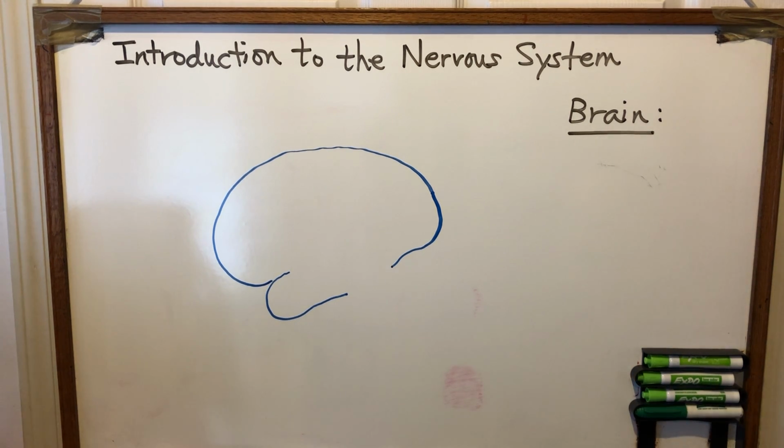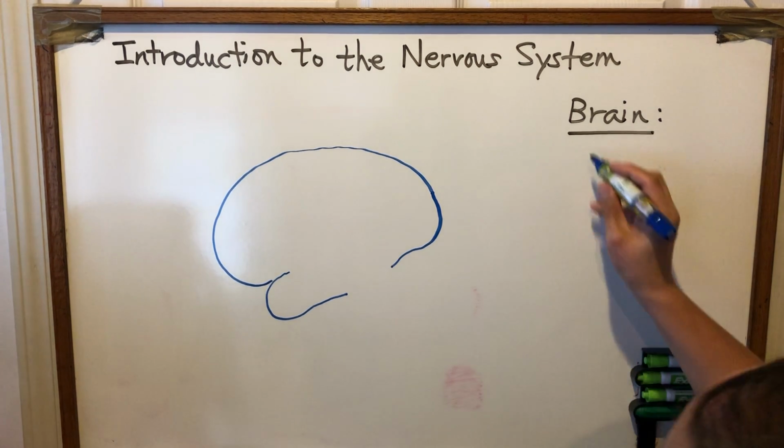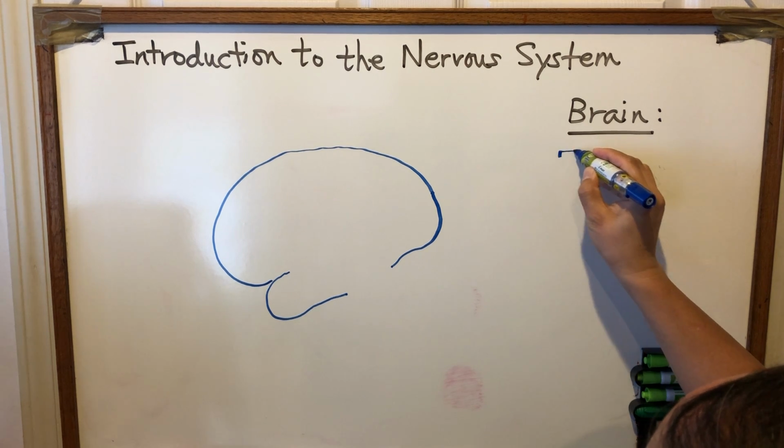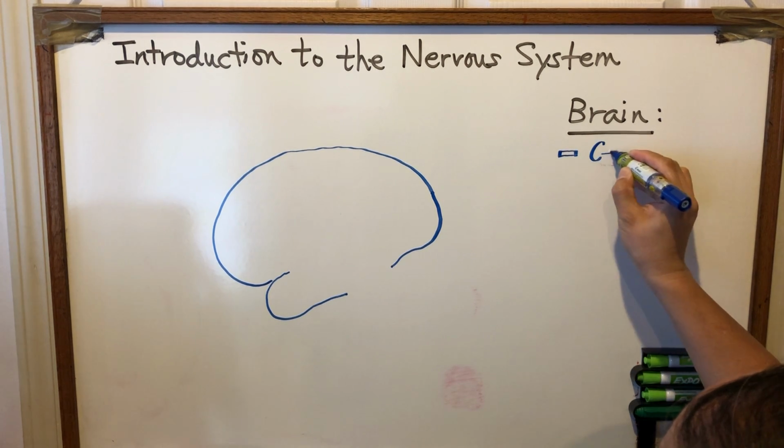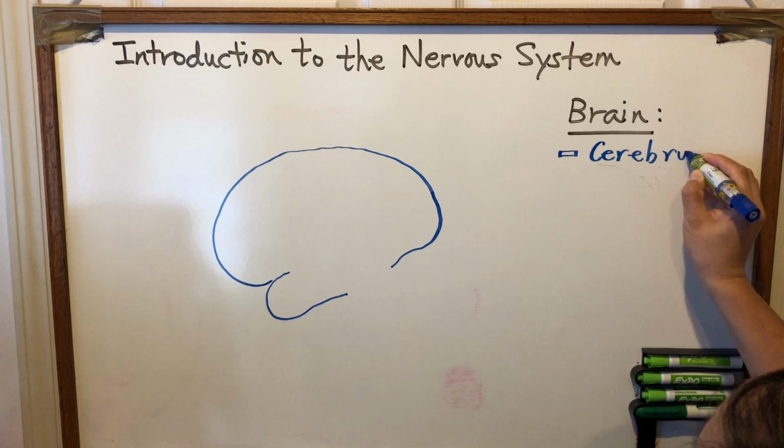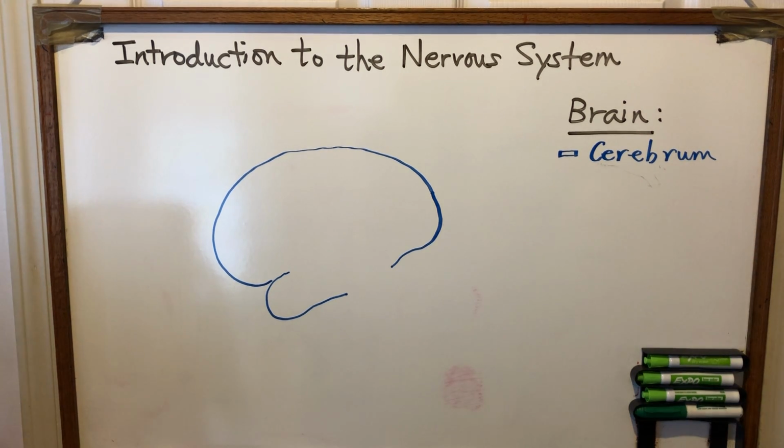And we're going to use a color code system. This blue area is the largest part of the human brain, called cerebrum. And it's responsible for all the cognitive functions. We'll divide it into different lobes in a moment. But let's go to the other areas first.